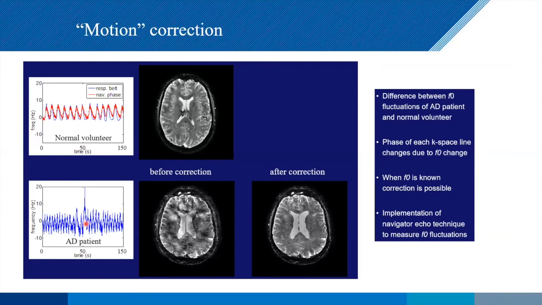And that means that you get changes in the brain, and this effect is supralinear with magnetic field. This you're really not going to see at 3T. So literally, if somebody is moving their arm up and down, it will produce a measurable frequency change in the resonance in the brain, which of course suggests that actually this is quite easy to fix, right? Because we can simply do some navigator echoes, and we can look at what's the phase of each k-space line relative to baseline, and we can just phase shift it.